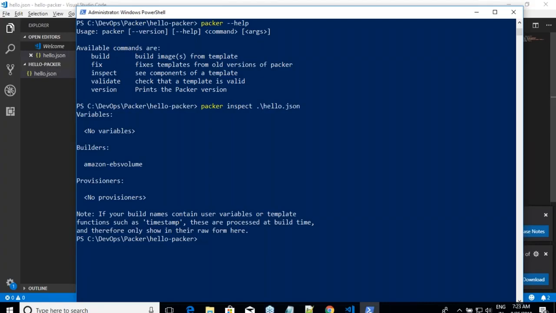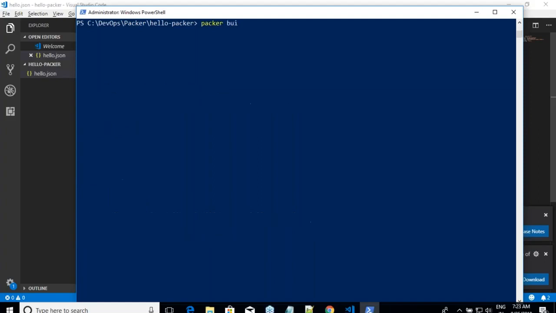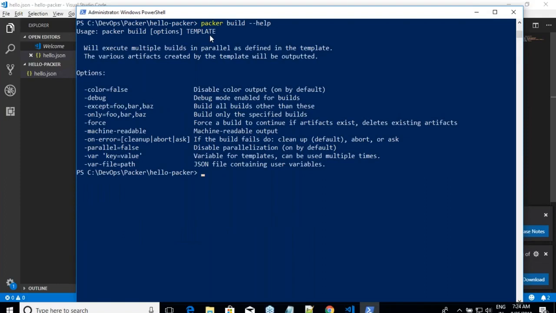And the last and the most important thing is build. So what I'll do is Packer build, and I would see what are the command lines which I need to pass to this. He's trying to tell that in Packer build you have options, and then you have to give a template. The JSON file which we have written is a template, right? So Packer build, you can give color options, you can give debug options, you can give except and all of that. I'm not reading every command and argument, but I will go through a very important kind of a stuff